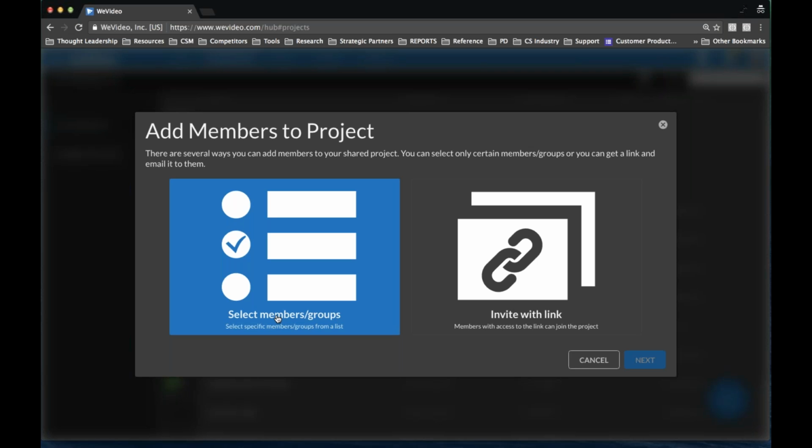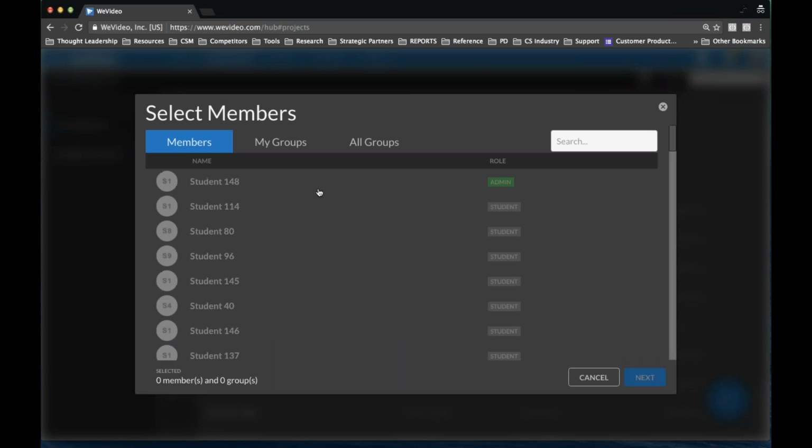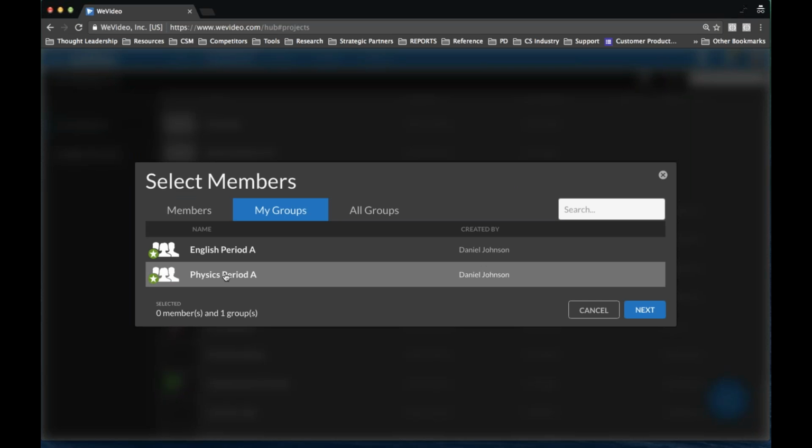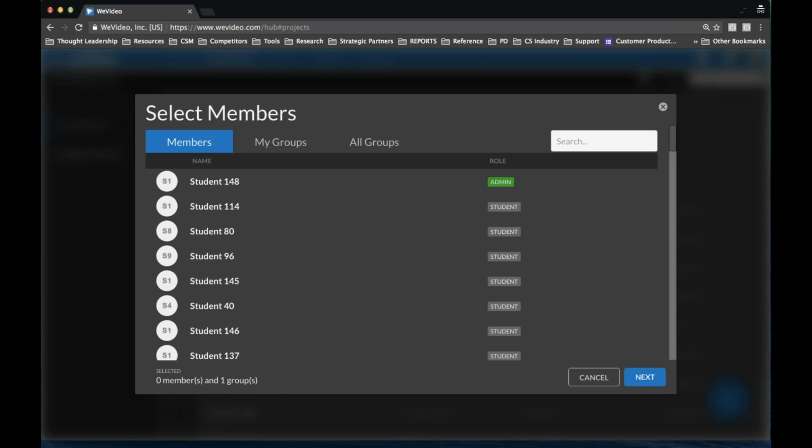The project is the entire environment you're setting up, and you can have a lot of video creators inside that space. As such, here we are adding members to that collaborative project. And if we already have a group, we can simply select it and we can invite all the members of that group directly,